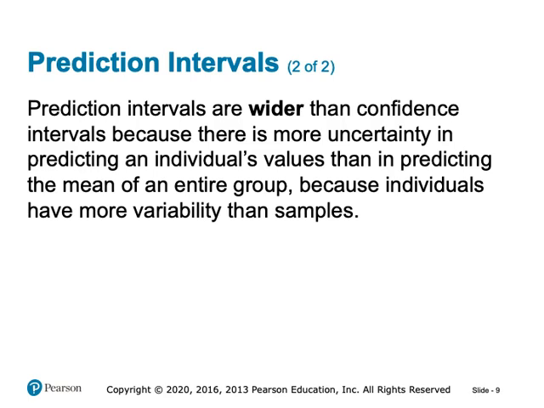In contrast, when we use a confidence interval, we're trying to estimate the mean of an entire group. Since we're averaging out the individual variations, the result is a more stable and predictable value, which allows the confidence interval to be narrower. To summarize, the reason prediction intervals are wider is because they reflect the additional uncertainty and variability inherent in predicting individual values, as opposed to the more predictable nature of group means. This distinction is crucial for making accurate predictions and interpreting the results correctly in any statistical analysis.